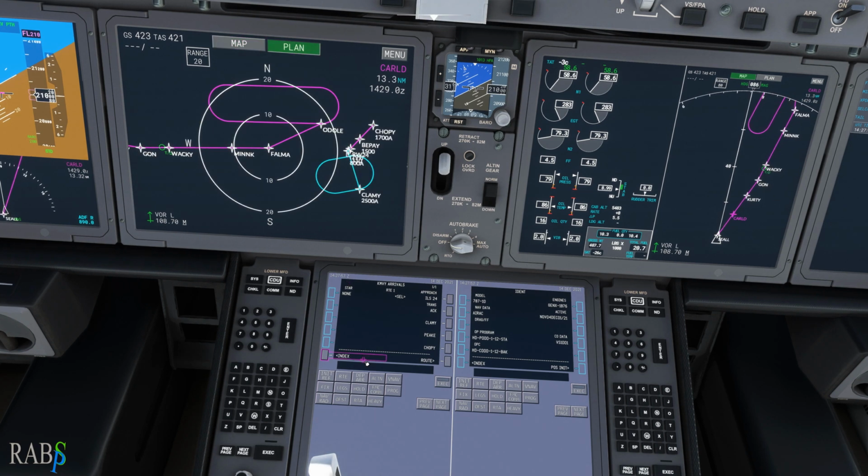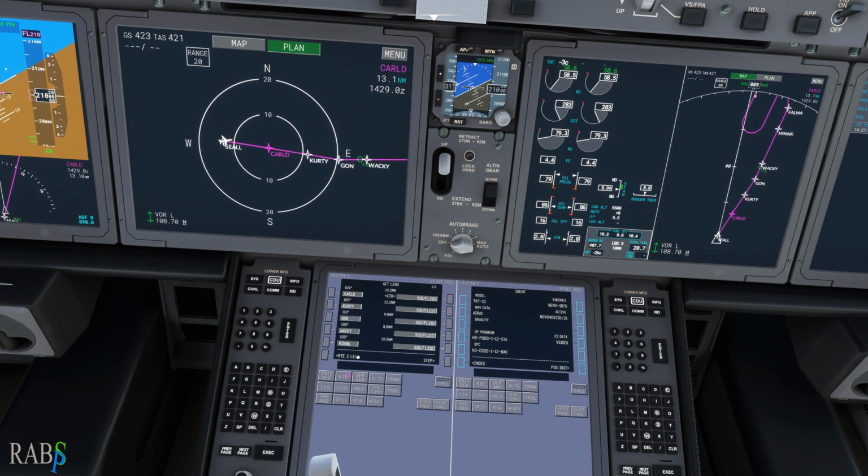There's a route inconsistency there, of course, and we will fix that. We'll go from Choppy to Oodle. There we go. Execute that. And so now,